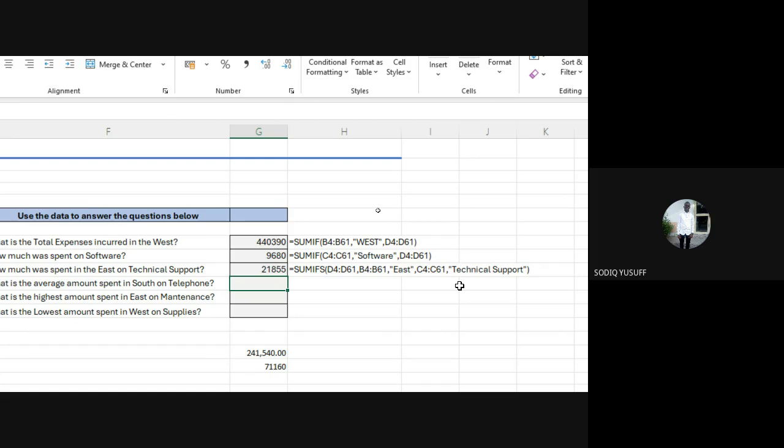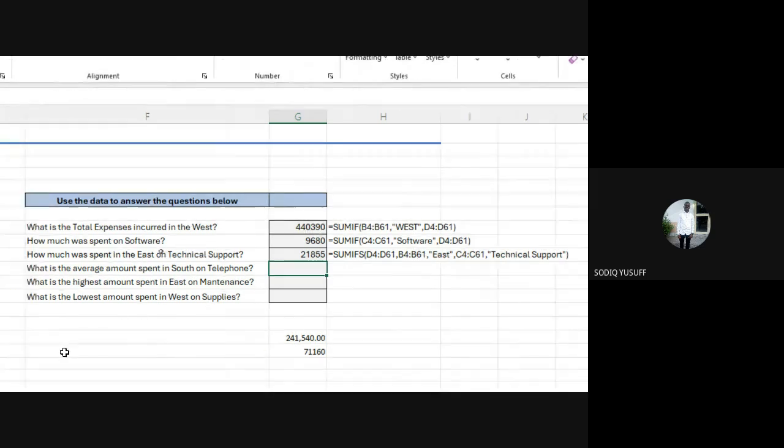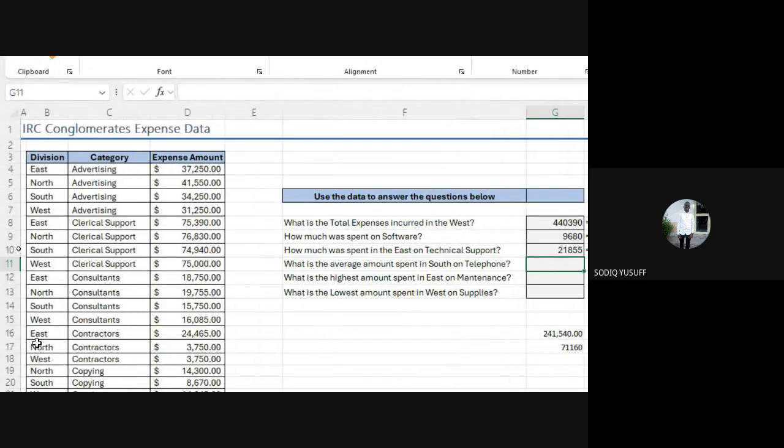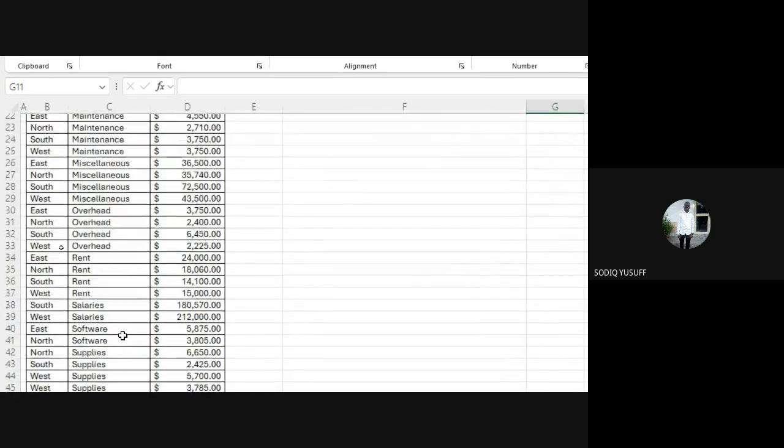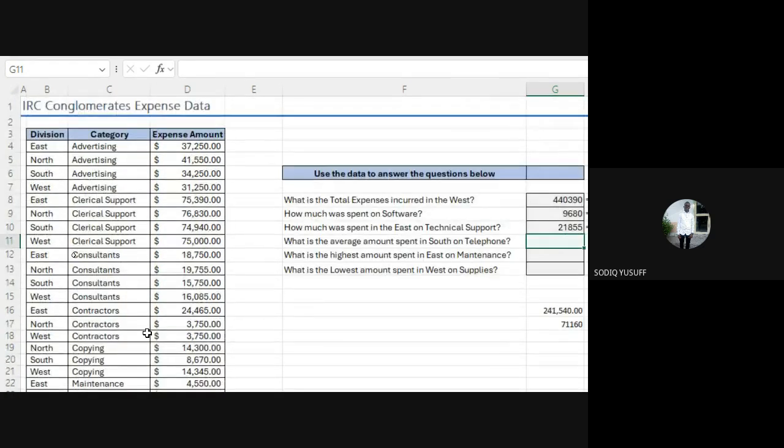Now, finally, everyone, I want you to find the total expense amount that was spent on advertisements in the south.